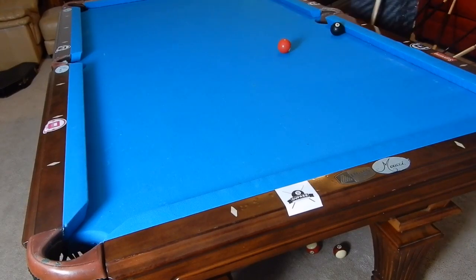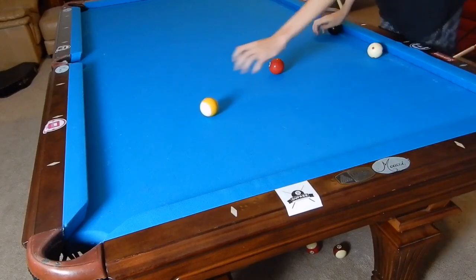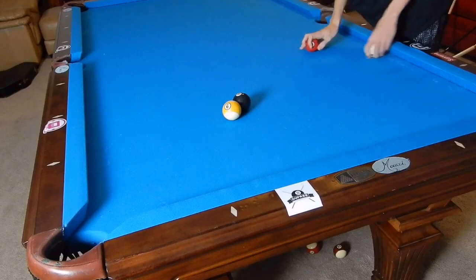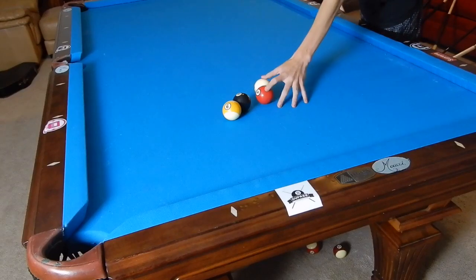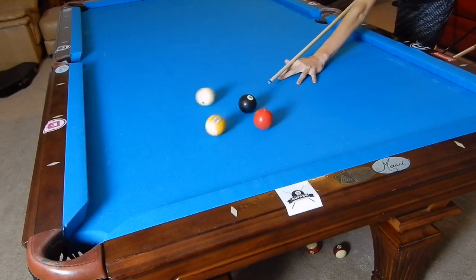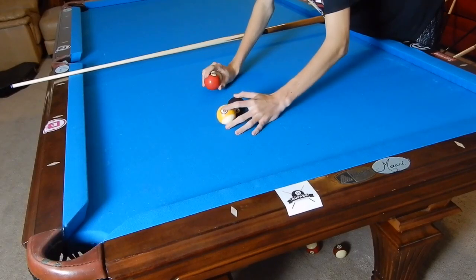Now, how did I make that ball? Now, if you haven't seen this little trick before, it is a really, really fun and deceiving one. So, right here, I'm going to set them back up, and I want you to watch my cue very slowly. So first, that's not what happens. I set it up wrong right there. But what happens is,